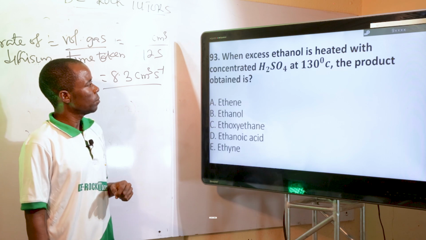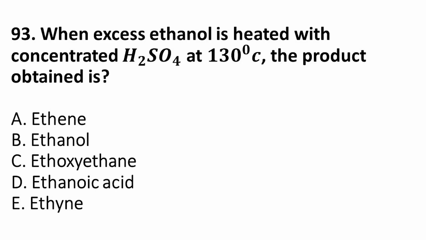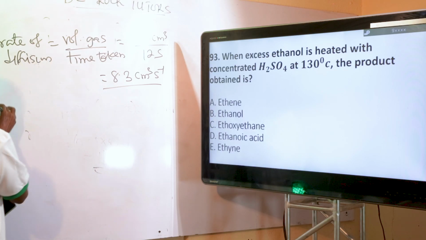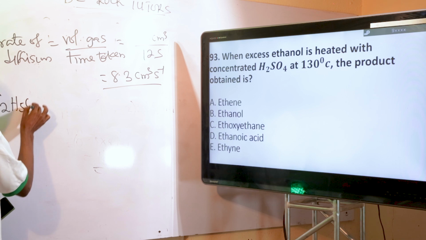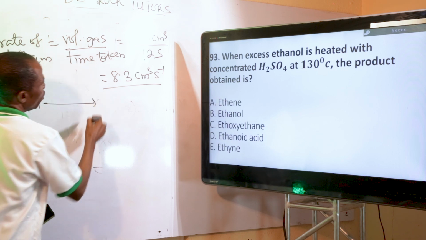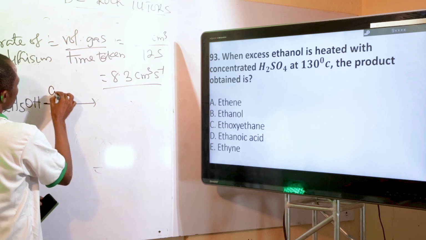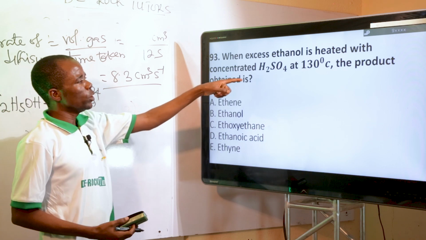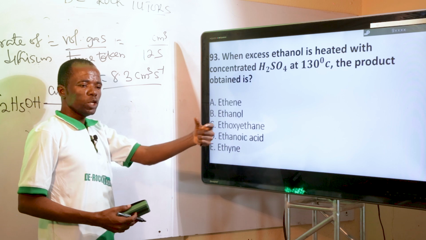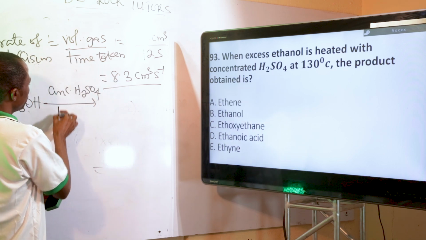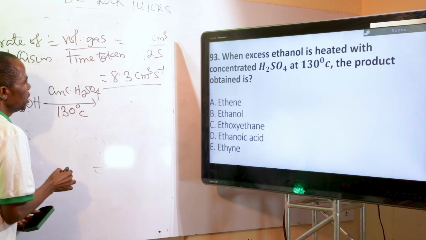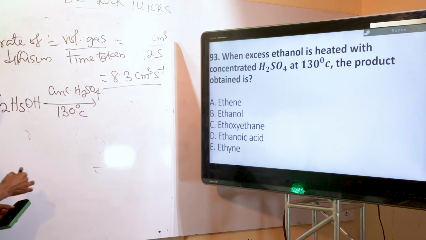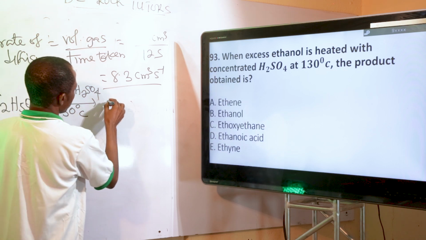Let's go to number 93. When excess ethanol is heated with concentrated H2SO4 at 130 degrees Celsius, the product obtained is dash. Now, excess ethanol is C2H5OH. Now, when we say heated with concentrated H2SO4, we know the role that conc H2SO4 will do here. It's going to serve as a dehydrating agent to remove 1 mole of water, and the temperature is 130 degrees Celsius. Since the ethanol is in excess, like 2 moles here, now when 1 mole of water is removed from it, the product is going to be